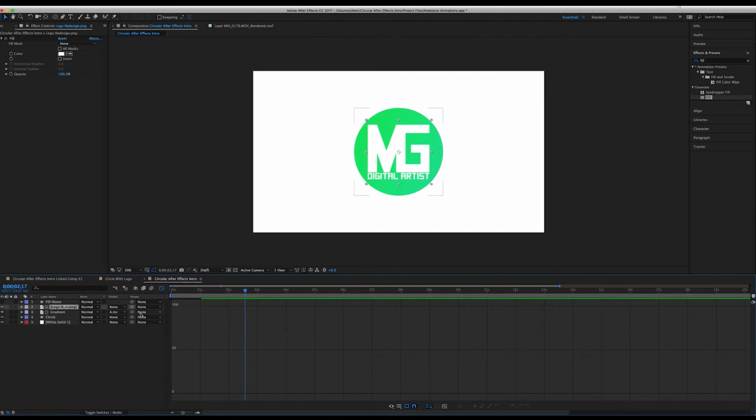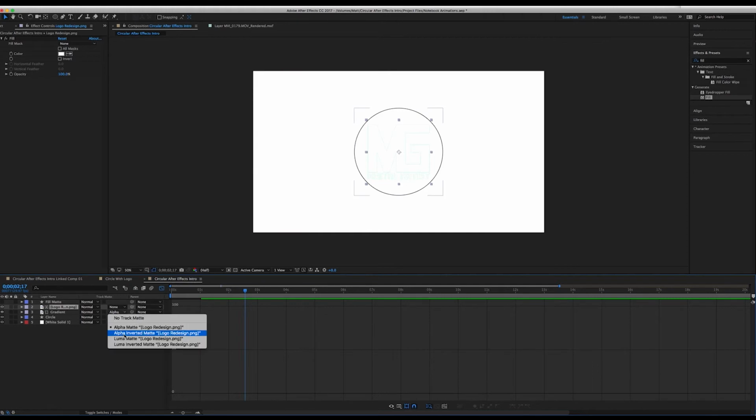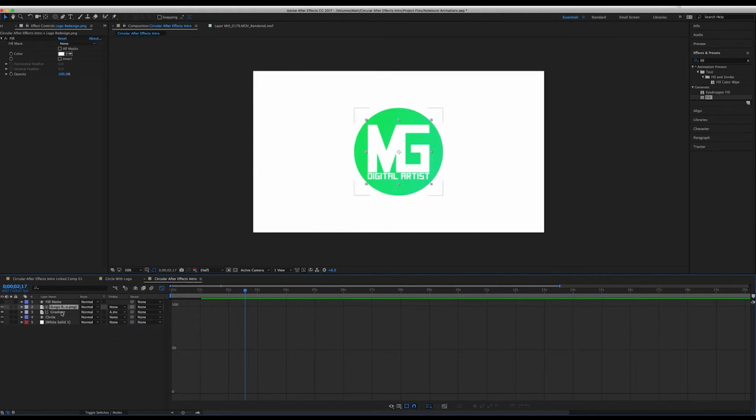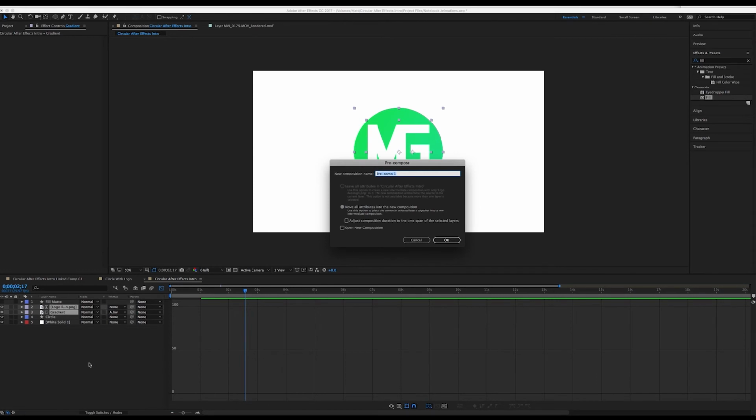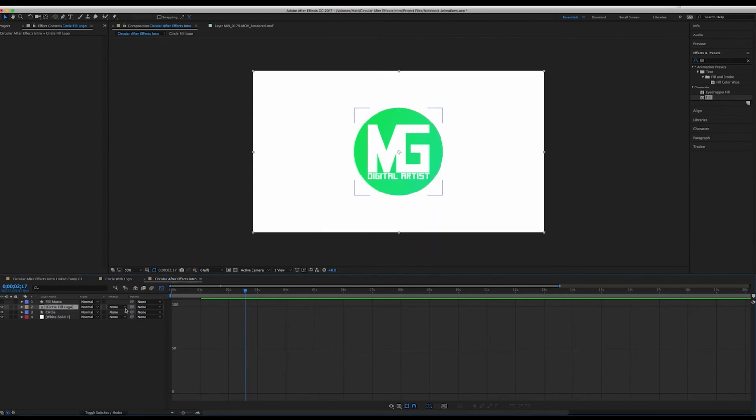You can twirl that down. And then we want it to be in alpha matte. Actually, no, alpha inverted matte. A gradient. Perfect. And then these we can pre-compose and just call this circle fill logo, and then make it alpha inverted for that. And now,